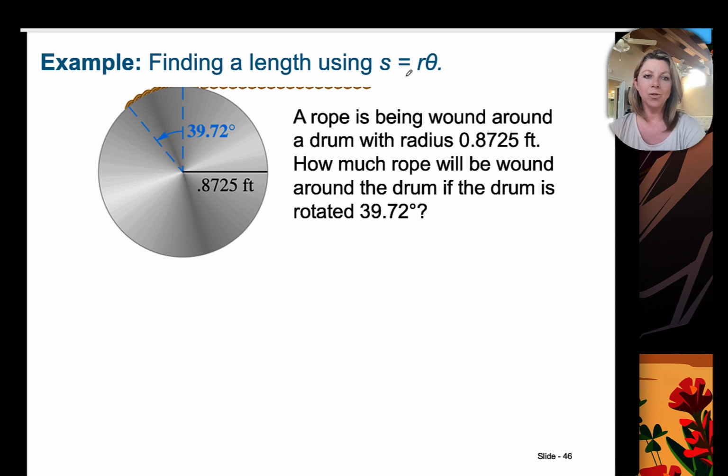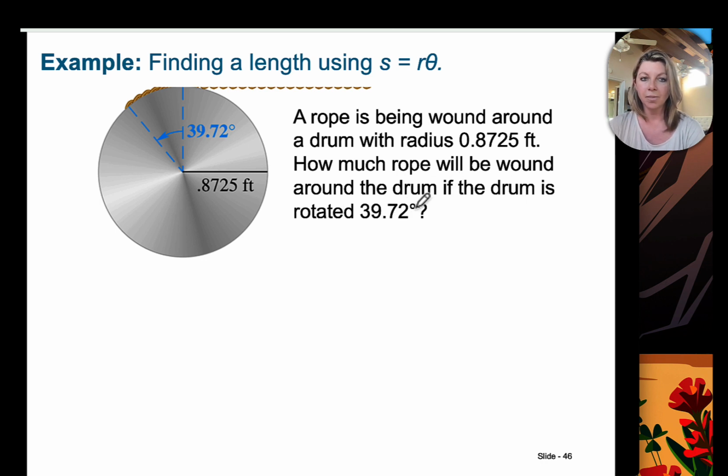In this example, we're asked to find the length using S equals R theta. Okay, we have a picture here and a description. A rope is being wound around a drum with radius 0.8725 feet. Okay, so we have a drum here. Radius, it's less than a foot. It's 0.8725. How much rope will be wound around the drum if the drum is rotated